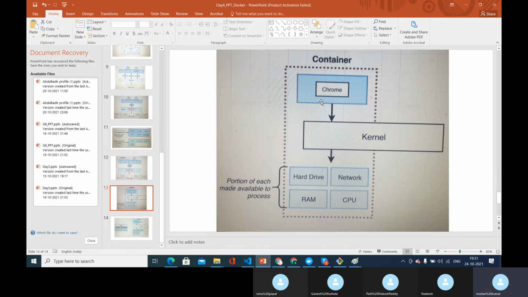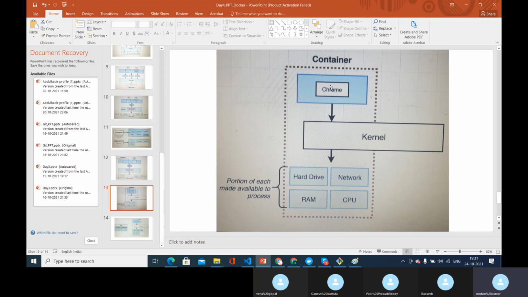So this is how we have to understand the container. If you divide it, it has everything, along with the other containers we have under this kernel. The simple unit of the kernel looks like this: it has the single process that is running on this kernel, because we created this container for running Chrome alone.